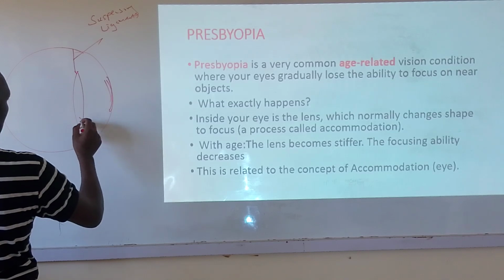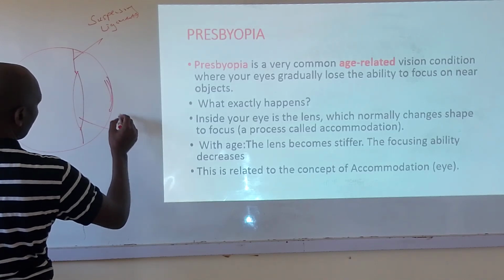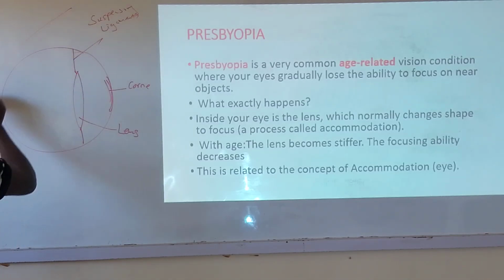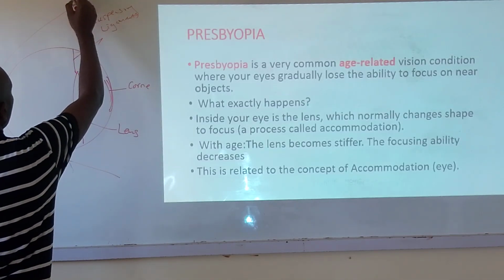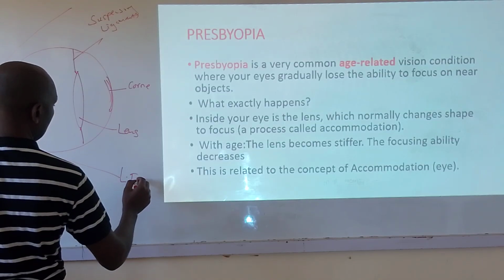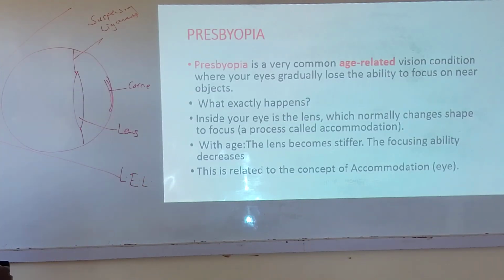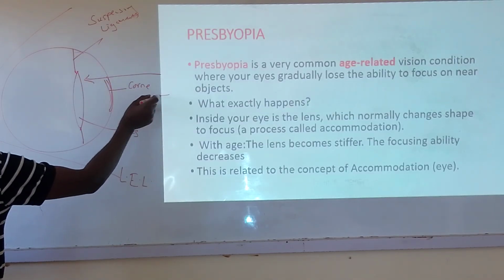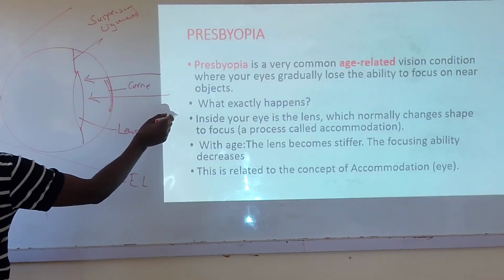And this is your lens. And this is your cornea. And this is the lids, the upper eyelid and the lower eyelid. So light comes into this eye like that,